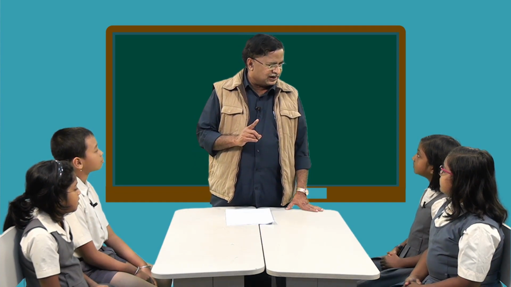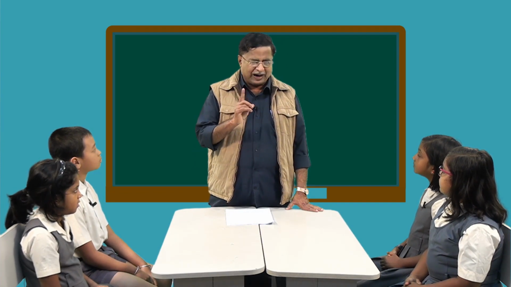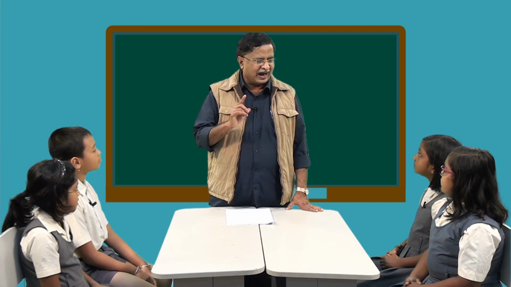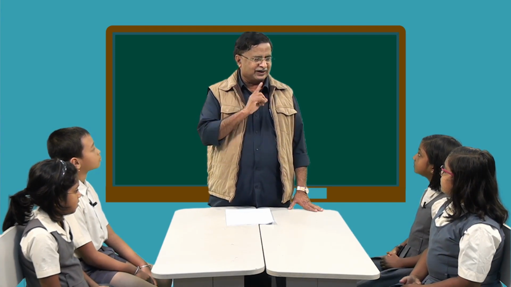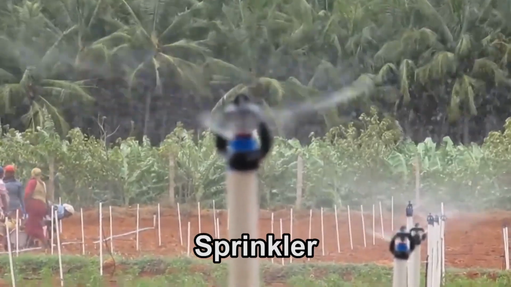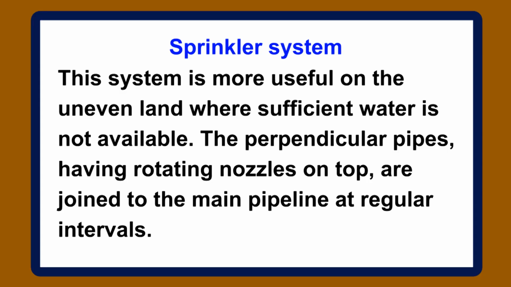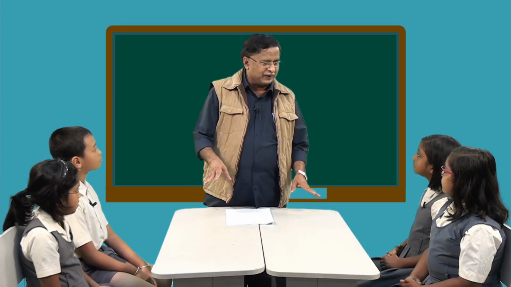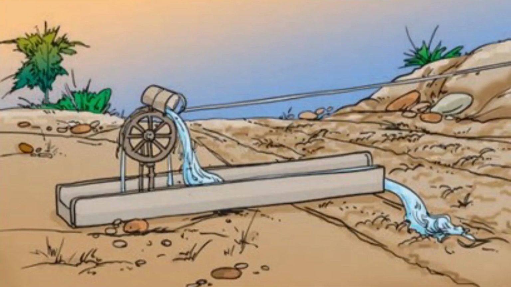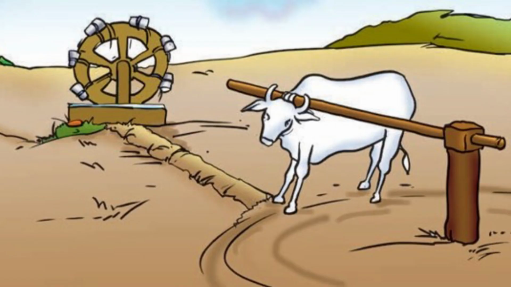Similarly, I will also show you a sprinkler. These days in gardens, children, you might be seeing one pipe is getting moved on and then the water is sprinkled all over the garden. That is called sprinklers. We have sprinklers, we have drip irrigation, we have channels, we have canals, we have rivers, we have various mechanisms